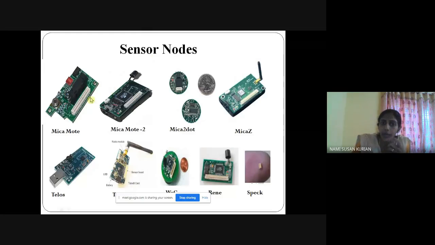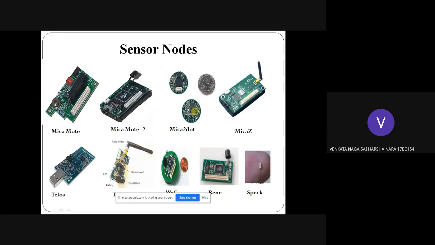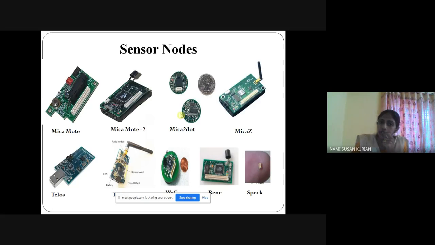So you can see why there are different structures for sensor nodes. Why is this Mica mote like this, and why is this Mica 2 dot like this? Based on the memory capacity, processor, yes, based on the specifications, the different nodes have different structures. Okay, so in case